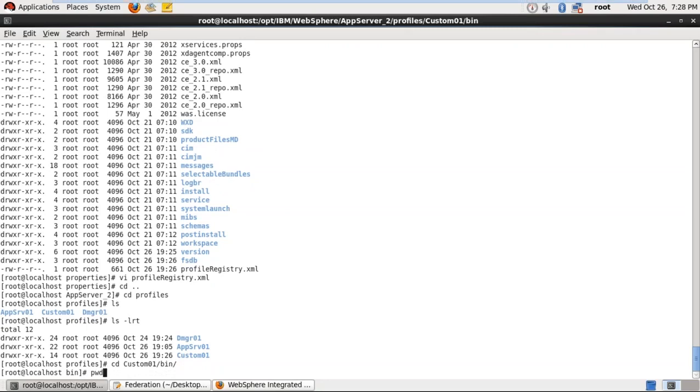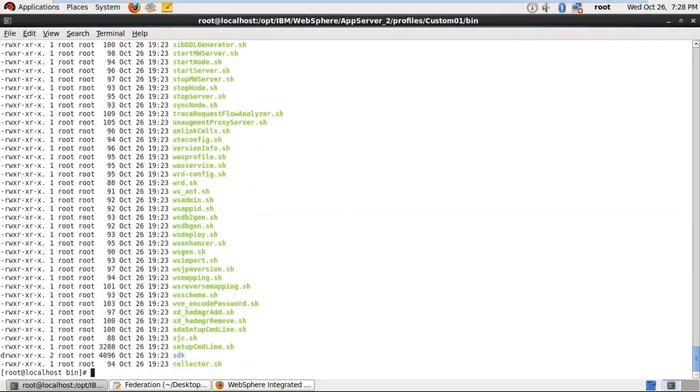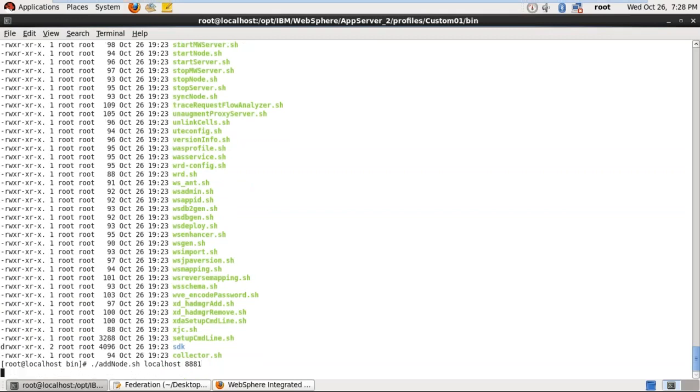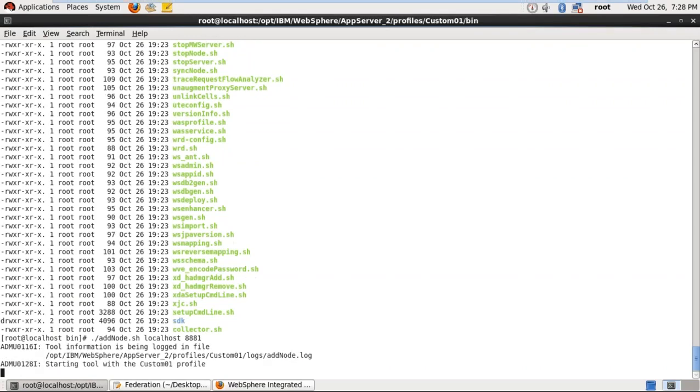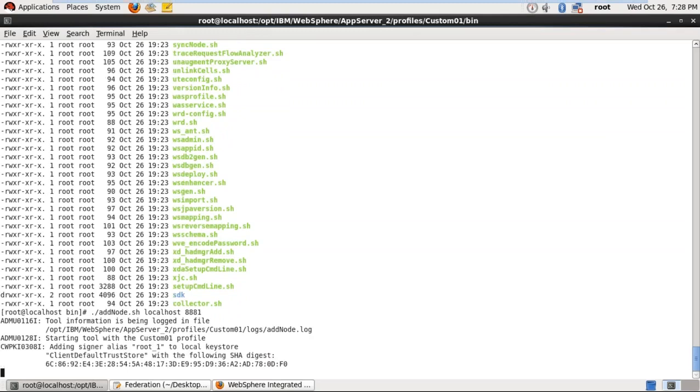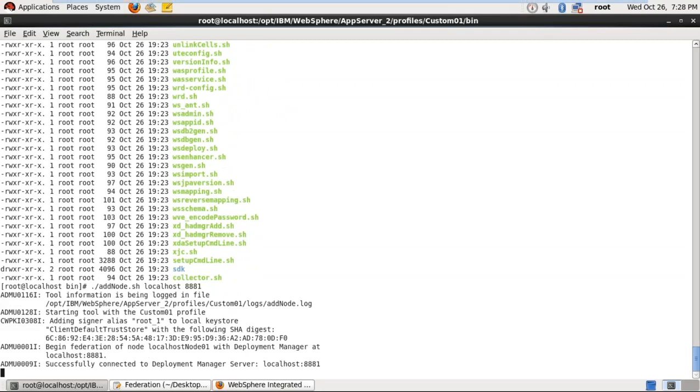Custom bin directory, this is the path, and here execute the command addNode.sh localhost and the SOAP connector port number, 8879. In this federation, a node agent will be created, but no application servers. After that, we can create application servers in the custom profile, or you can map to IBM HTTP Server, or we can create clusters. Successfully connected to DMGR,